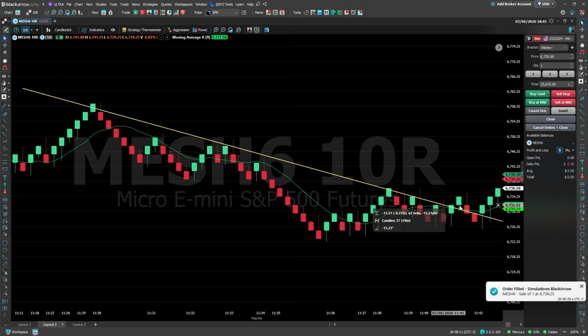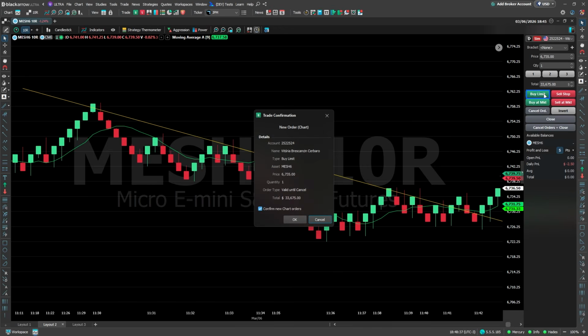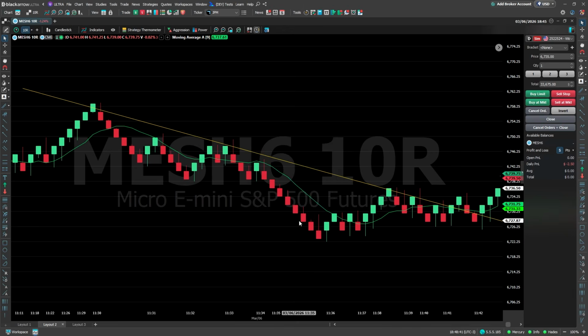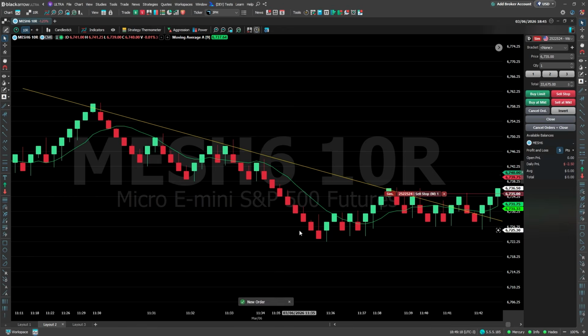To place a limit order, select Buy Limit or Sell Limit. This will let you set a specific price at which you want the trade to be executed. If you prefer a stop order, select Buy Stop or Sell Stop. These orders will be triggered when the price reaches the price you set up here and the quantity you set